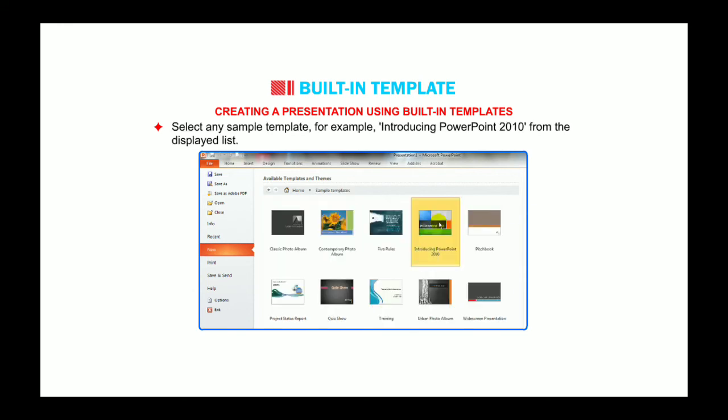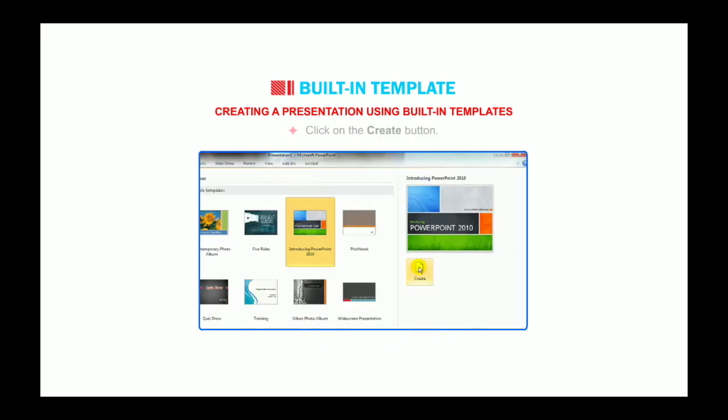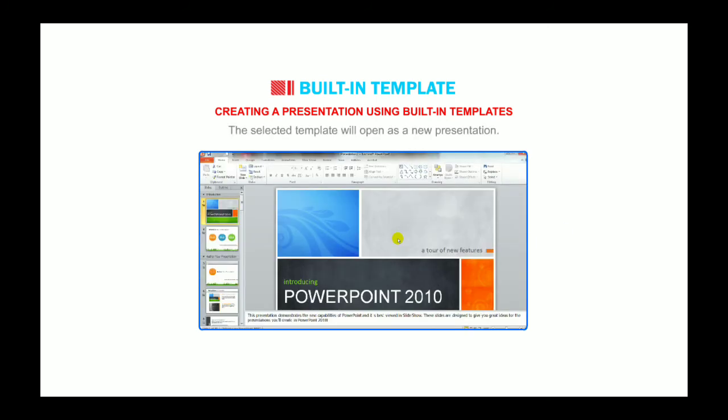Select any sample template, for example, Introduction to PowerPoint 2010, from the displayed list. Click the Create button. The selected template will open as a new presentation.